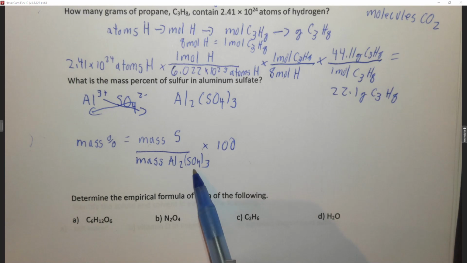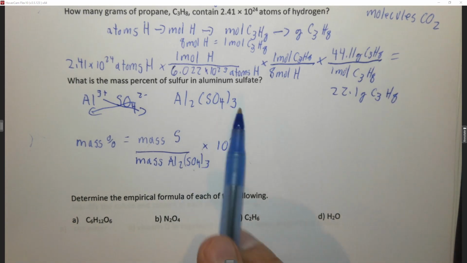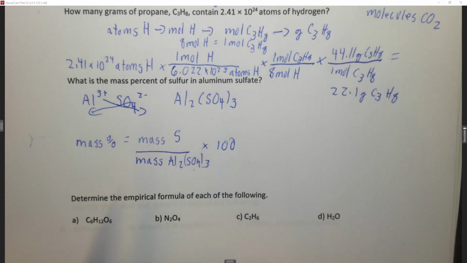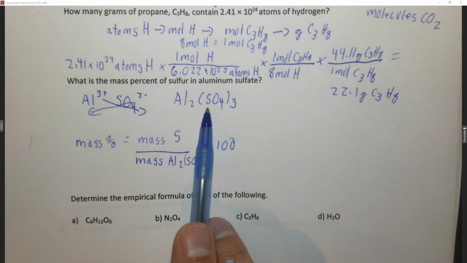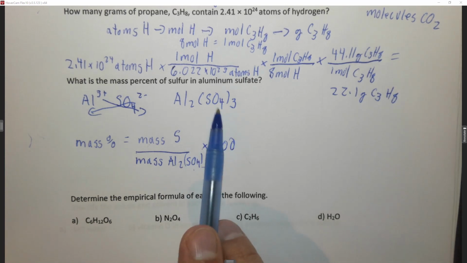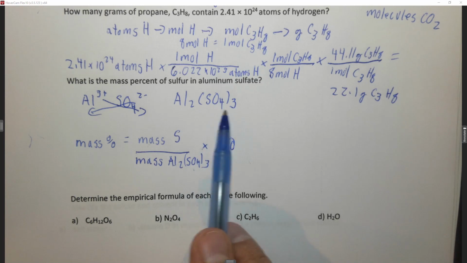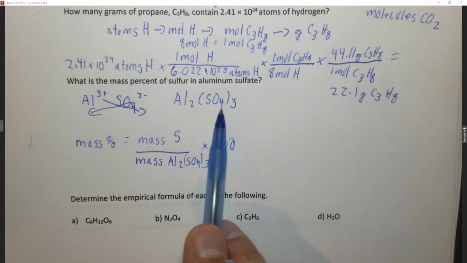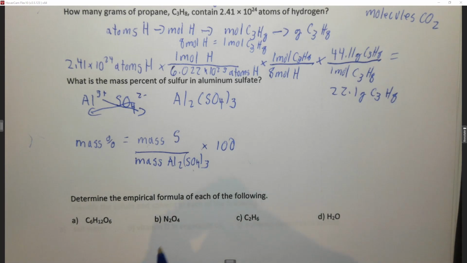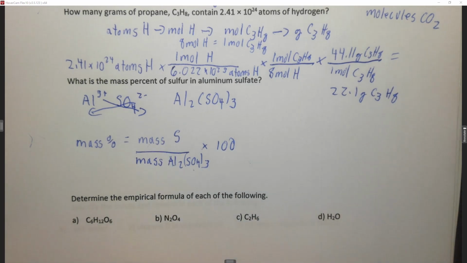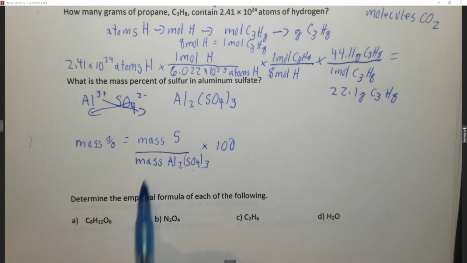Well, the mass of aluminum sulfate in 1 mole is the molar mass. The mass of sulfur is 3 times the molar mass of sulfur because there are 3 sulfates. Each sulfate contains 1 sulfur, so therefore there are 3 sulfurs. If you're asked for oxygen, there's actually 12 oxygens. Each sulfate contains 4 oxygens, and there are 3 of them, so you have to multiply these. There's 12 total oxygens, but we care about the sulfur, and there are 3 of them. So we want to put 3 times the molar mass of sulfur, because there's 3 sulfurs,